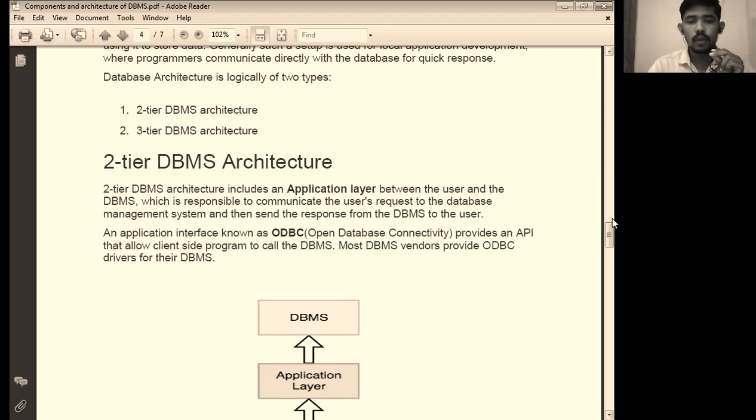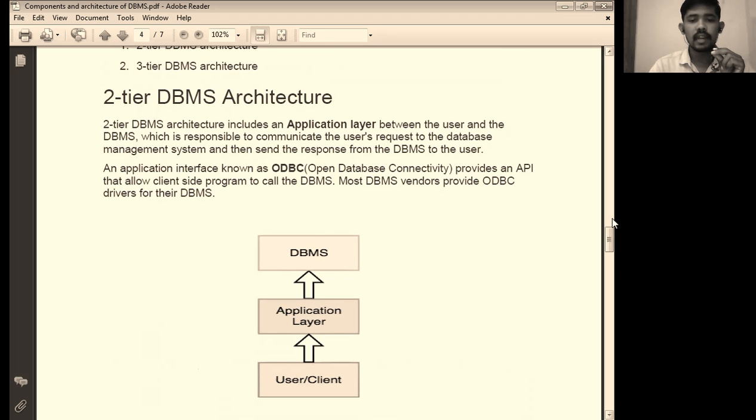So in tier 2 architecture, one very important layer is added, that is the application layer, which is responsible to communicate the user request to the database management system and send the response from the database management system to the user. A very important task of the application layer is to take the request from user or client, send this request information to the database management system, and give the response from the database management system to the user.